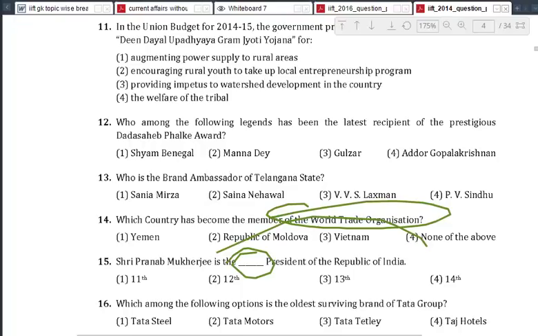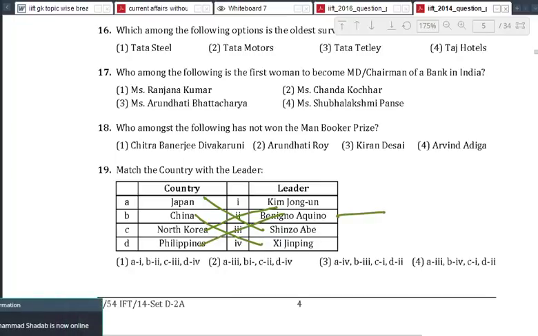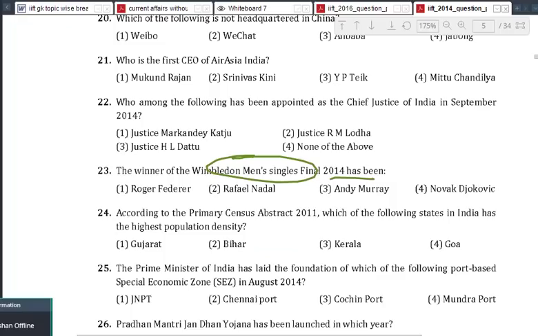Are we clear? So my point, people, is that you must keep in mind, look at this, match the country and the leader. So you have North Korea, Kim Jong-un; Japan, Shinzo Abe; China, Xi Jinping; Philippines, of course. So even if you have one difficult question, you will have three easy matches, and thereby you can get the right answer. So you will always find that questions are doable. They are not so difficult. The winner of the Wimbledon men's singles finals, all that I spoke about a short while back, you can see so many questions coming from that. Man Booker Prize is awarded to the best book of something. Just have a look.